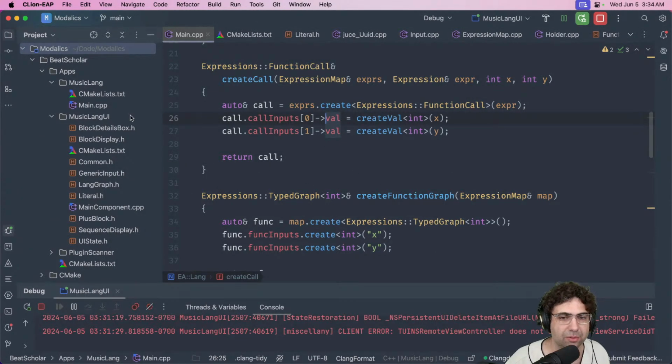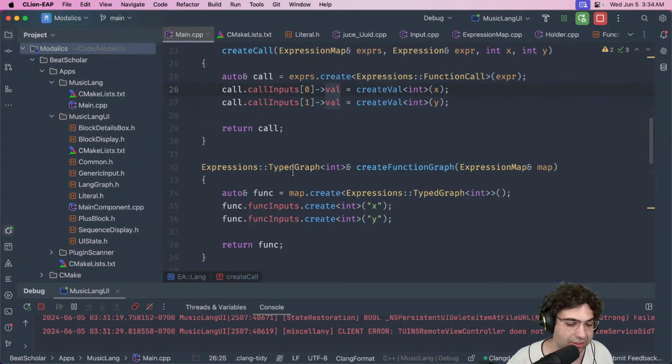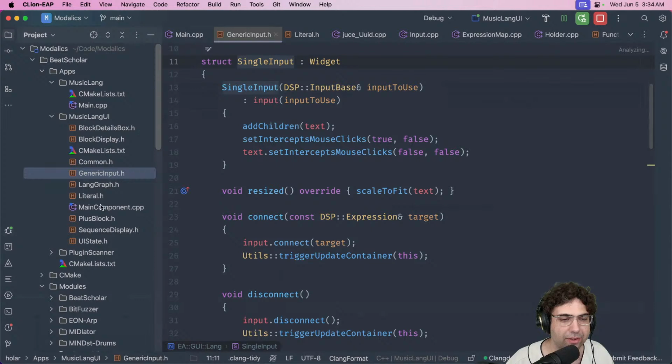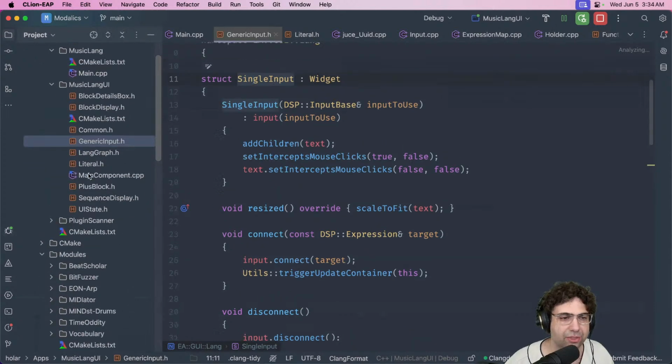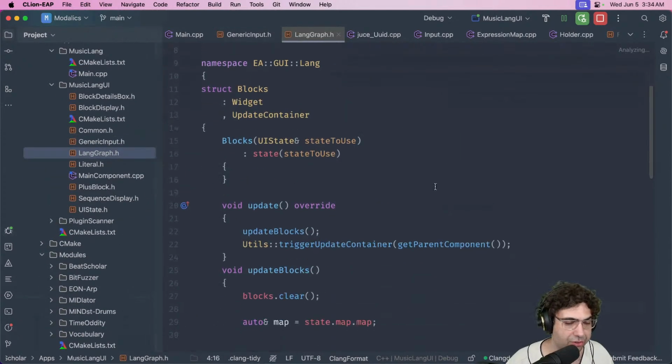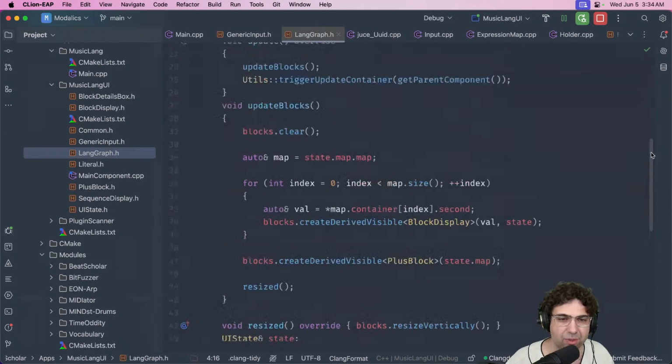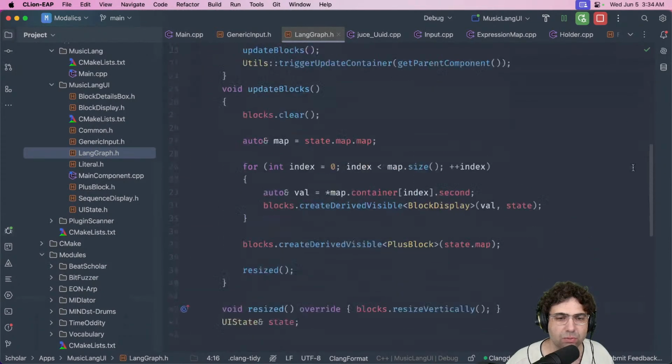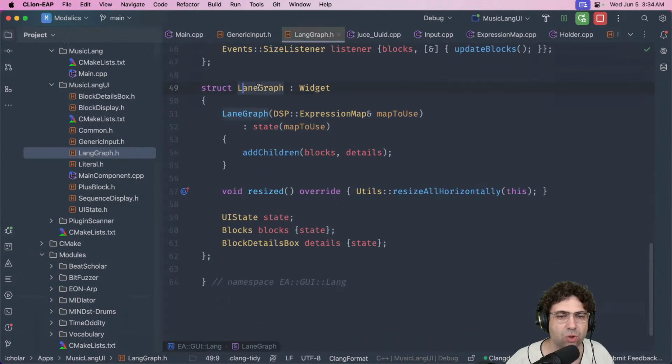And we're using some of the Modalics libraries here, so some of them will make shortcuts. I probably won't need to handwrite every data structure because I have some of them, but it's still important that I go through the motions and explain what I'm doing. So here's what I'm doing. Let's see how I express this whole device. Right now, I have this really horrible looking thing called blocks, and above that I wrote this thing called lane graph. The idea was that lane graph is meant to be the display for a device.